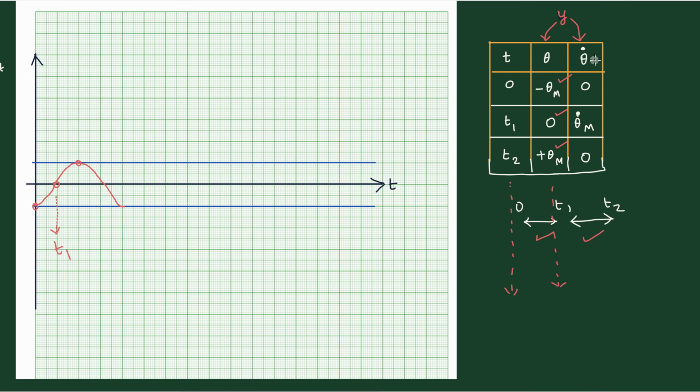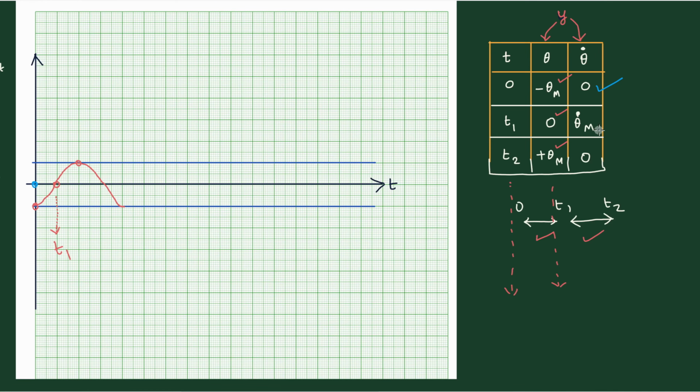Now let us come to the theta dot. So theta dot also you'll have to draw. What is the first value? Let us see. The first value appears to be 0. So we'll choose a 0 here. This is the 0 that you have. I am showing it with a blue color dot. First value 0 is over.